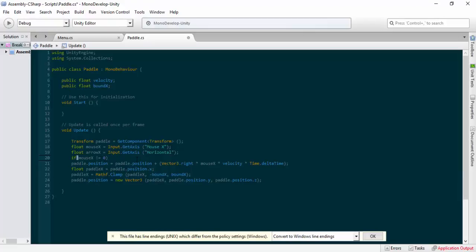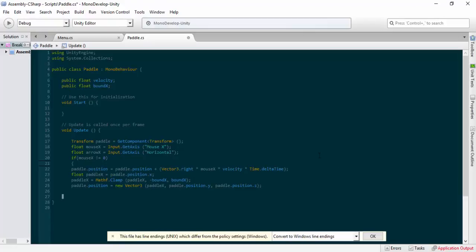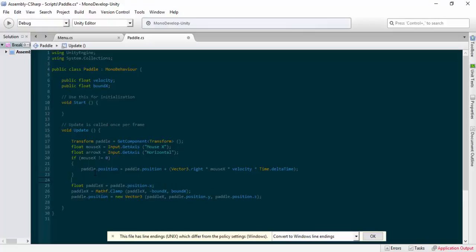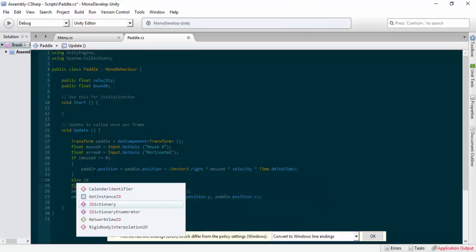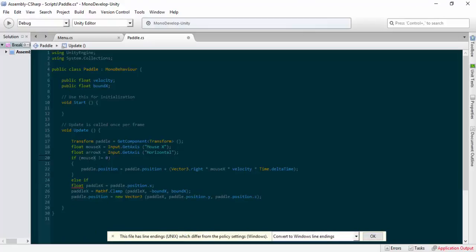So we're checking that if it is not 0, then you open curly brackets, and we'll close our curly brackets down here. So we're going to use the same line of code we've got here, which involves the mouseX, the Vector3.right, the paddle.position, everything there stays exactly the same. The only thing there you include is the mouseX, if mouseX is not 0. Now to include our arrow keys, we're going to go for what's called an else if. So if this becomes false, so if this is 0,